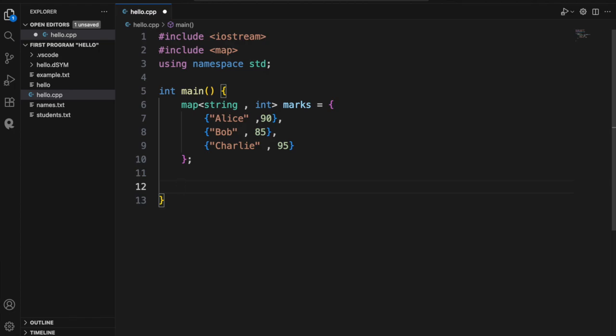So let's first print the original marks and then we are going to increase all marks by 5 using the